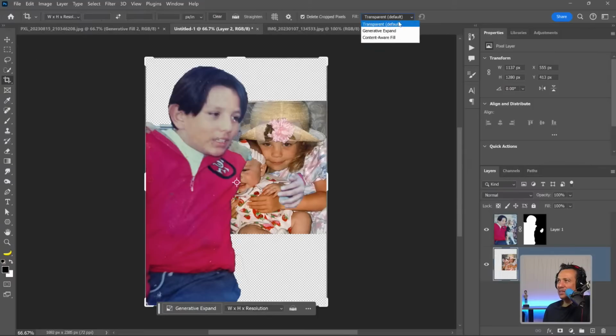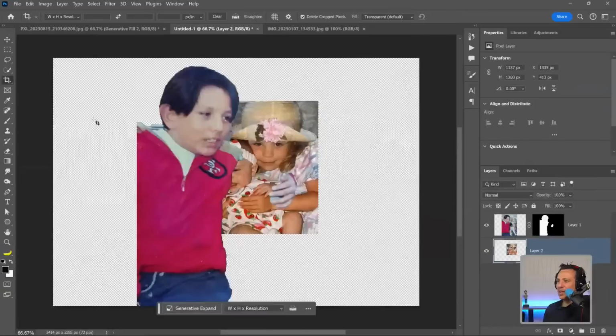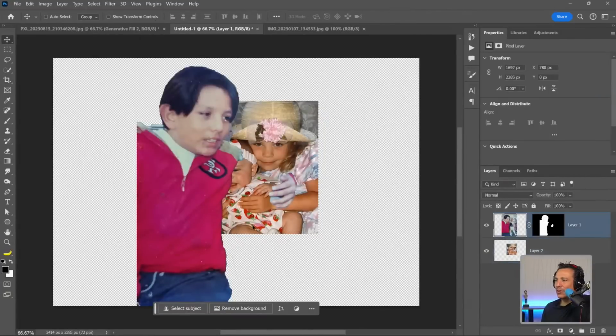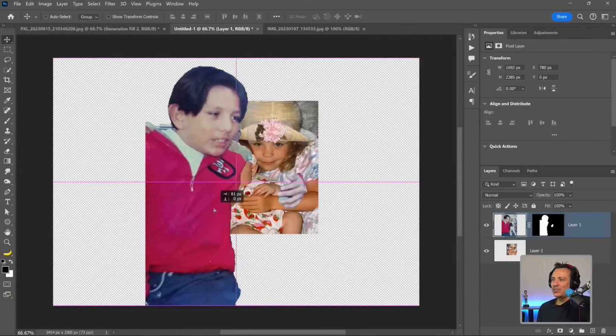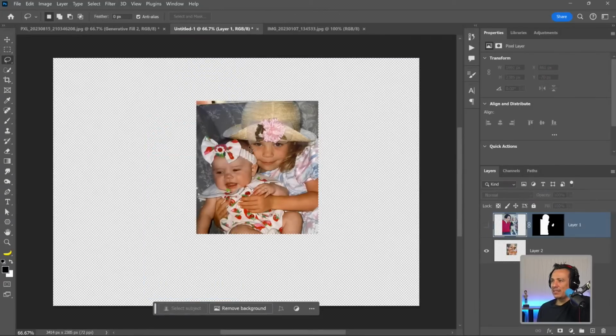And I'm going to expand the image so I have more room to work with, right? And then at the end, I can crop everything. So I know I need to remove Julia from that photo and then generate more pixels here. So what I need to do is start generating those areas. So then I'm going to try to remove little baby Julia from this photo here by using